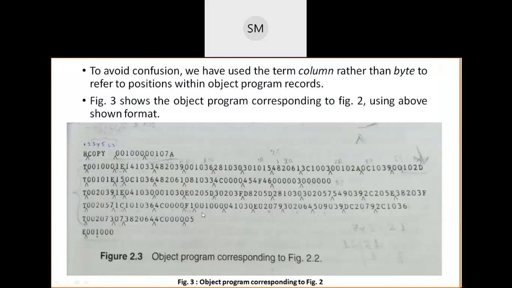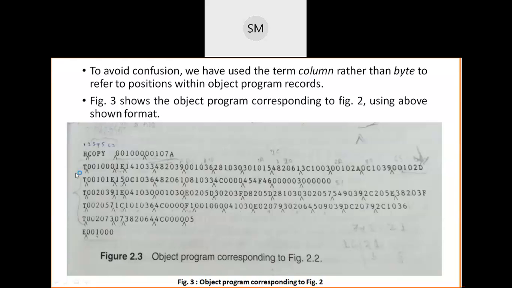Now this is how exactly our object program looks. So this is how we have converted our assembly level program into a low level program or machine level program. In this program there are some symbols in between, a caret symbol, many symbols like this. These symbols I am showing here will not be present in our actual object code. The actual object code does not contain this caret symbol. Sir, why have they written them here? For easy understanding purposes, for you people only.